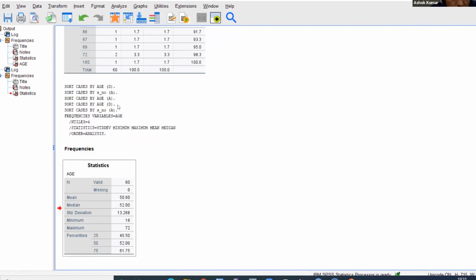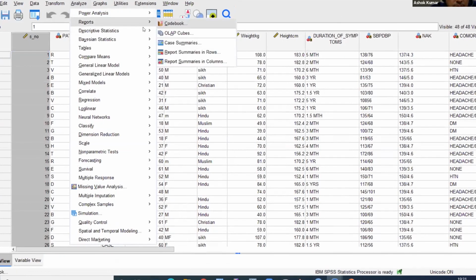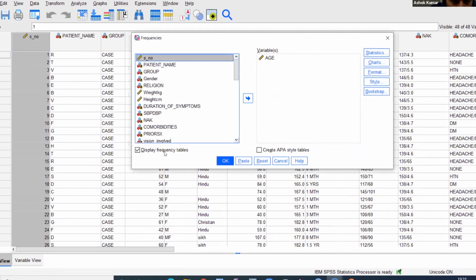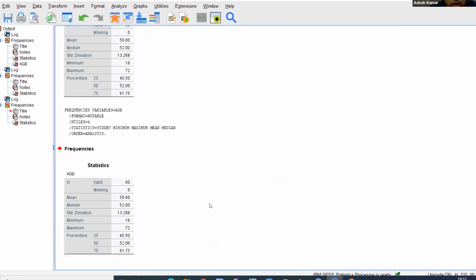Otherwise, you can go to Analyze, Descriptive, Frequencies. Just click this button, display frequency table, uncheck it, and then okay. Then that output table will not come. Okay, these are my mean, median, SD. You can make tables in Word. So this is how to do mean and median. And number two, because I know the gender,